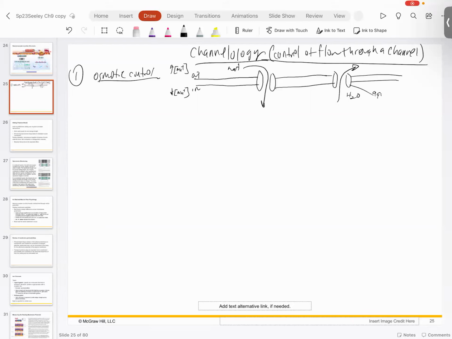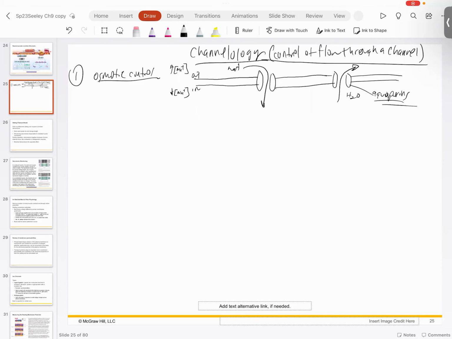This is how we move water around the body, through open channels called aquaporins. The way we control the movement of water in the body is not by telling water where to go, but by manipulating our salt piles to lure water in the direction that we want it to go. If I want water to go over here, what I do is I build up a bunch of sodium or salt over here, and naturally water is going to chase it, as long as I leave all those channels open so it can just freely pass through. Okay. So basically what you're doing is you're controlling movement through these channels simply by manipulating the osmotic environment,